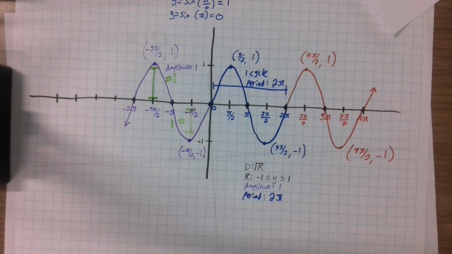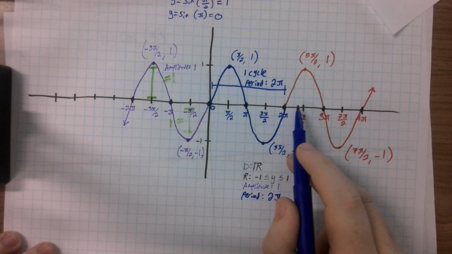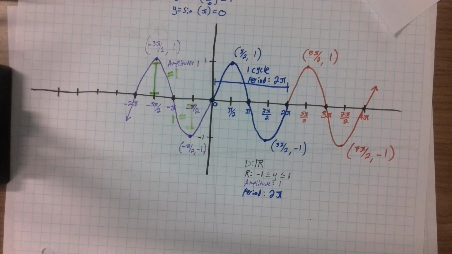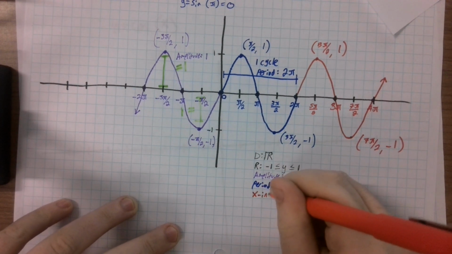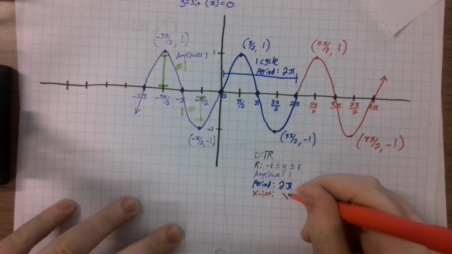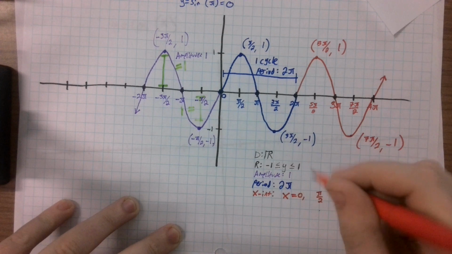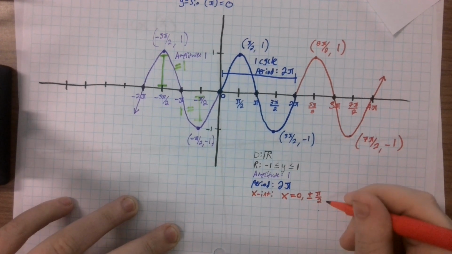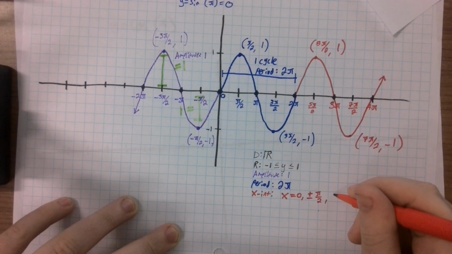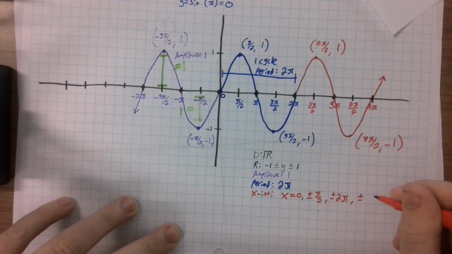But what about the x-intercepts? Well, we can see here that in each period, we get 2 x-intercepts. What that means is that every half period, our x-intercepts will repeat. So our x-intercepts are going to repeat every half a period. It starts when x equals 0, but we also get one at pi over 2, and since we have one at negative pi over 2, I'll say plus or minus pi over 2. We have one at 2 pi, so that's another pi over 2, plus or minus 2 pi, plus or minus,